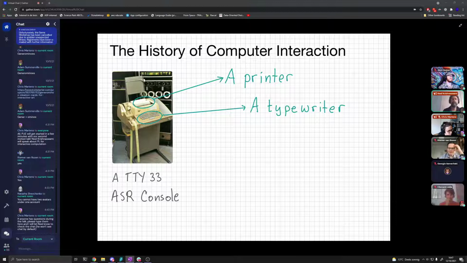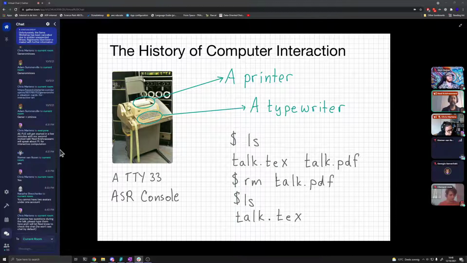And they originally took typewriters, and when you hit the hammer, in addition to printing something on that printing paper there, it would also close a circuit and send a message to the computer, which is the thing in the background behind this teletype console. But appropriately for the talk, the computer is in the background and the I/O device is in the front. So these teletype consoles were how people could interact with computers.